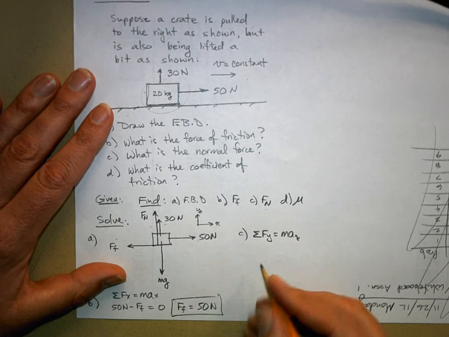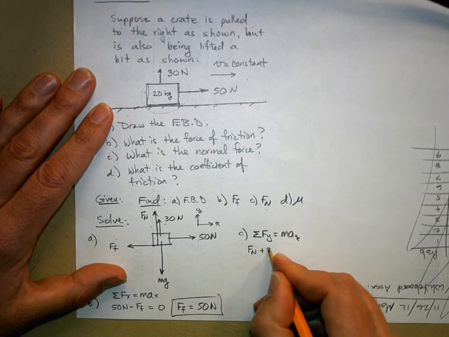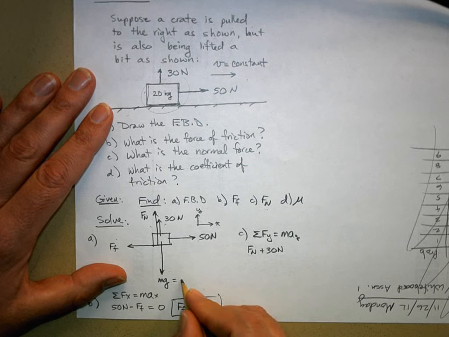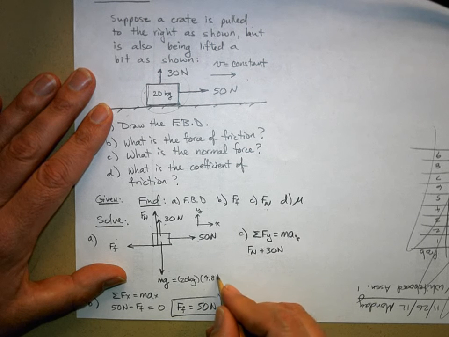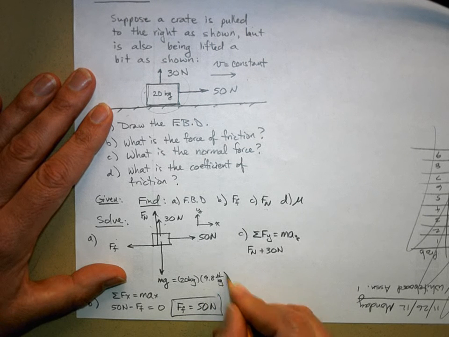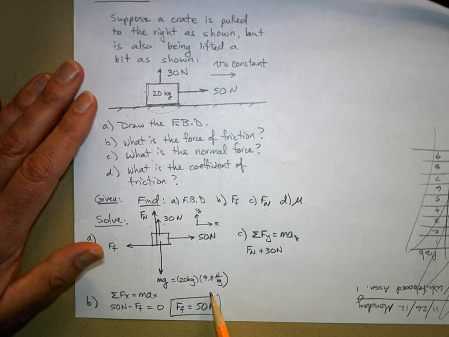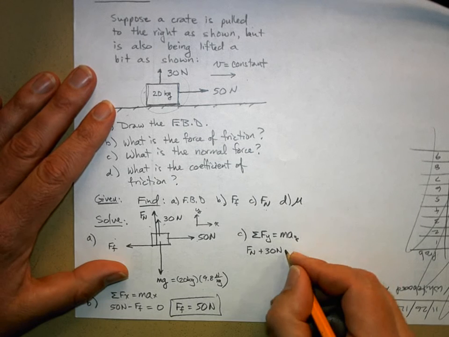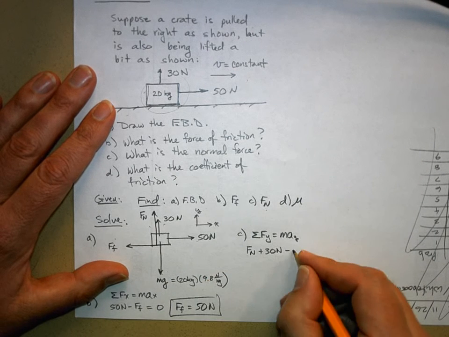And so the upward force is a normal force plus 30 newtons. And then mg, well, what is mg? Well, it's 20 kilograms times 9.8 newtons per kilogram, which is 196 newtons. Okay, so I'll just include that. But it's down, so we'll subtract it,